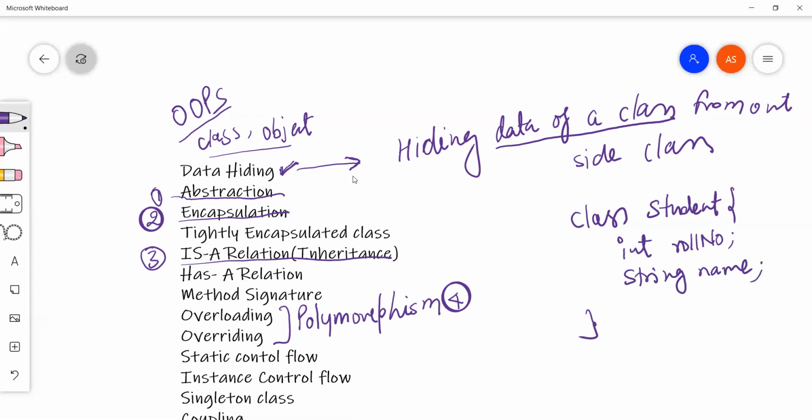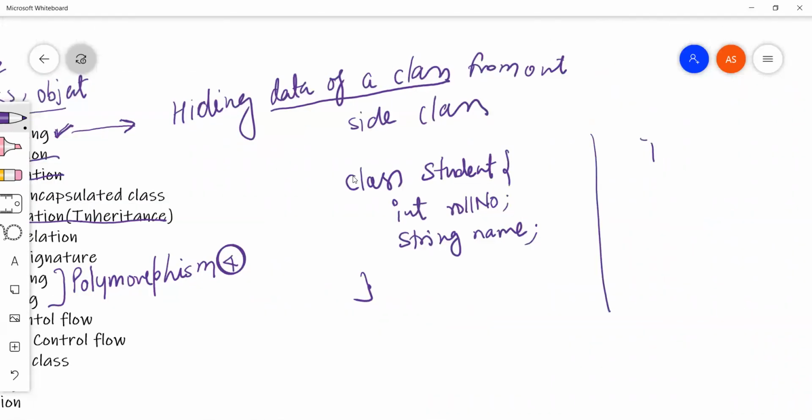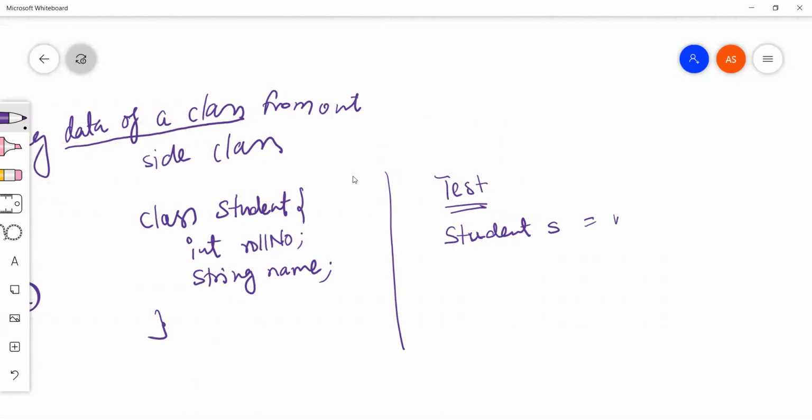If we have something like this, then there might be another class, for example, let's say Test, which can have direct access, something like Student s = new Student(), and then they can say s.rollNumber, s.name.